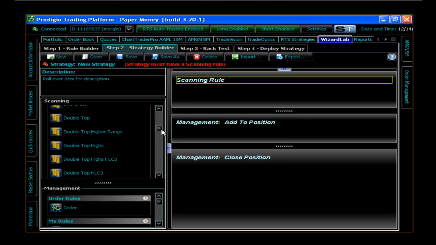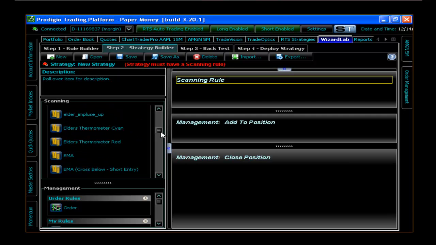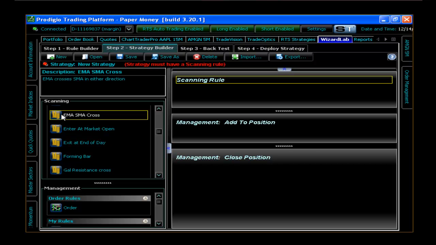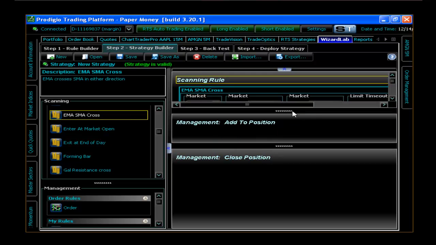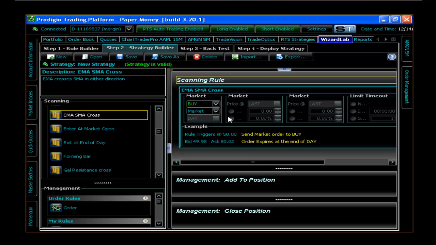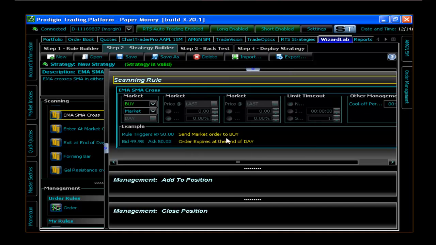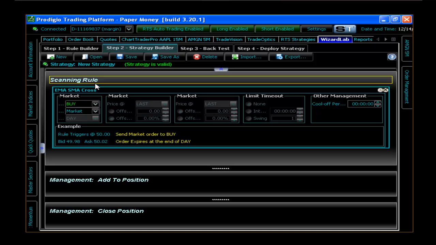So I can scroll down to this EMA SMA cross, and drag this into the scanning rule. Right now there's only one scanning rule allowed because the system allows you to create as many strategies as you want and have multiple management rules, and I'll talk about the difference between those. But what the scanning rule does is it runs the rule that you've defined on the server,